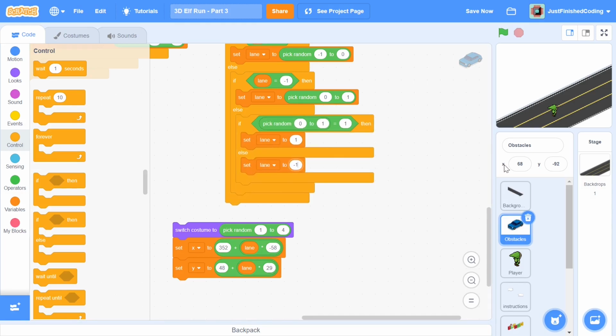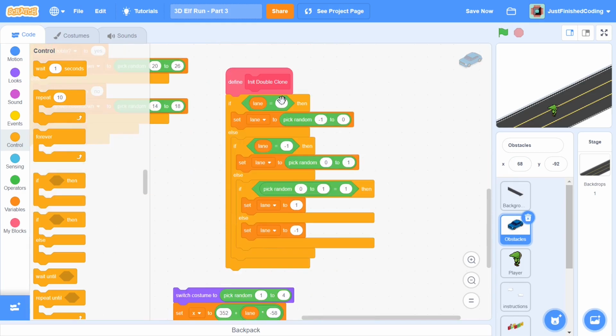So very simple. What we're doing is first we're checking if the lane is 1. In that case, we'll set it to either -1 or 0. Then if the lane is -1, then we set the lane to +1 or 0. But if the lane is actually 0 and it's not either -1 or +1 of the previous car, then what we do is we have a simple probability check, or a coin flip if you want to think about it.